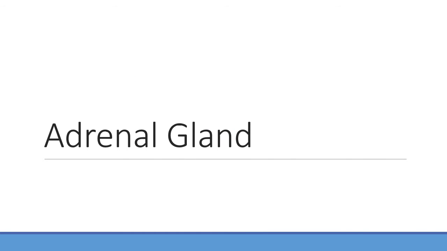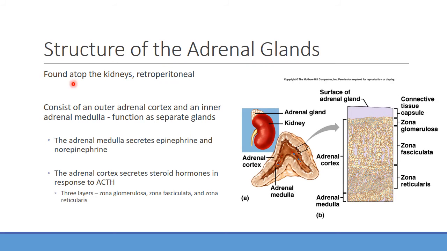Okay, so moving on. Next we have the adrenal gland. Where are those at? Right atop the kidney. These are going to be retroperitoneal, found atop the kidneys, consisting mainly of an outer adrenal cortex and an inner adrenal medulla, right? They function as basically separate glands, and we'll differentiate their processes based on the tissue type. Basically, the medulla is going to be secreting epinephrine and norepinephrine,